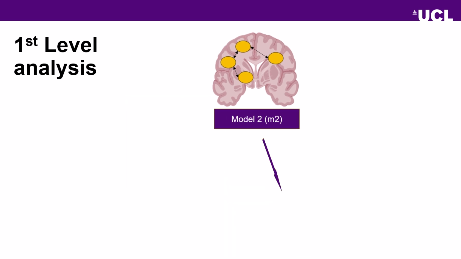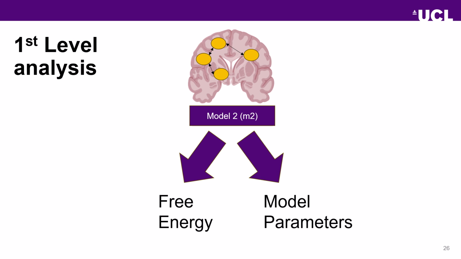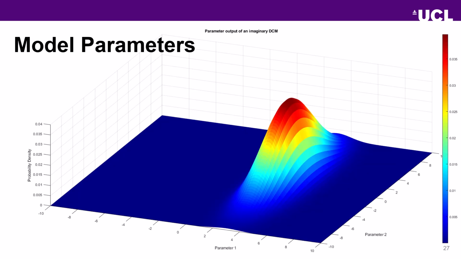In addition to that, we can also then evaluate their model parameters. So if we have two parameters, and I'm simplifying a bit here because you will almost always have more than two parameters, but if we have parameter 1 here on this axis, which is about 3, you can see it's got quite a tight variance. It doesn't vary much. So we're quite confident in this parameter. And also note I've plotted the same axes for these two parameters to highlight the high and low variance. Parameter 2, however, which is about 1, has a huge variance, so we're less certain of this parameter. There's a wider range it could be, which would have a much higher complexity.